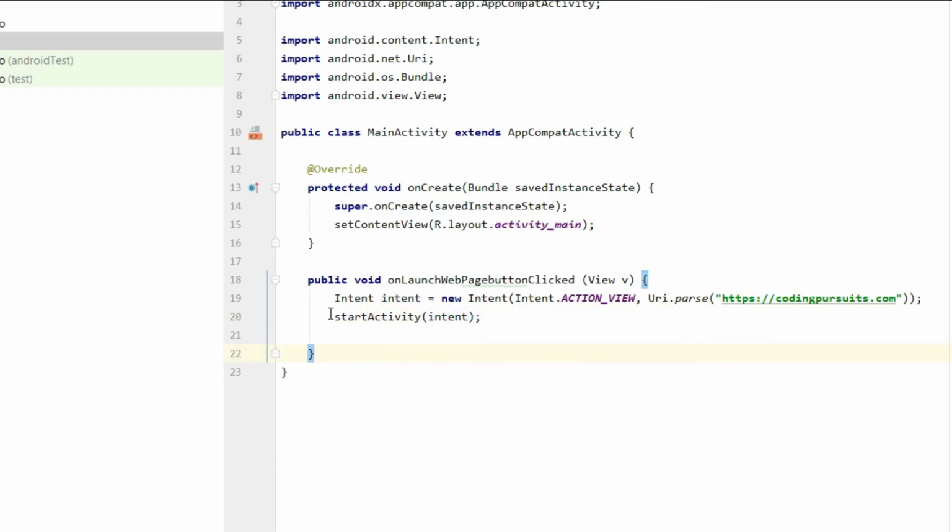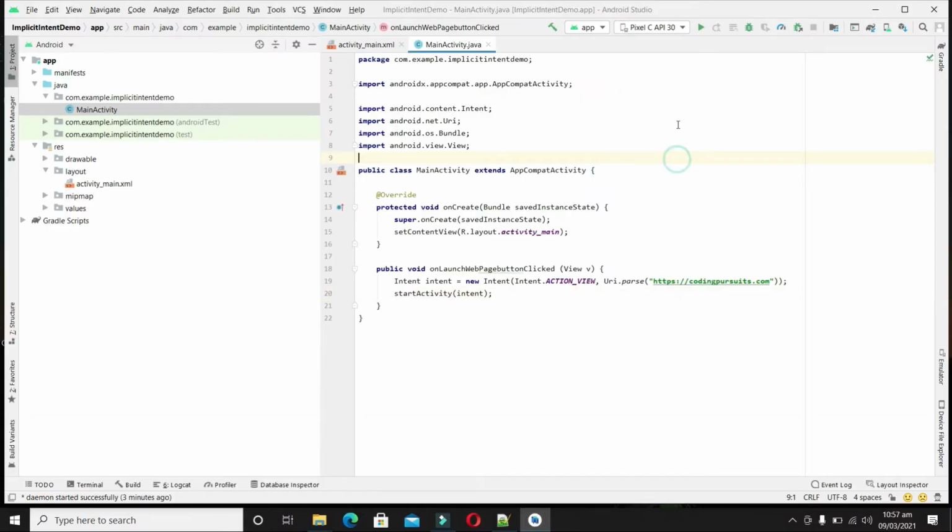We have declared an intent and the intent type is action view, and we are going to launch a web page of our website codingpursuits.com, and we have started the activity. Now let's compile and run the project. Let's check what happens here.